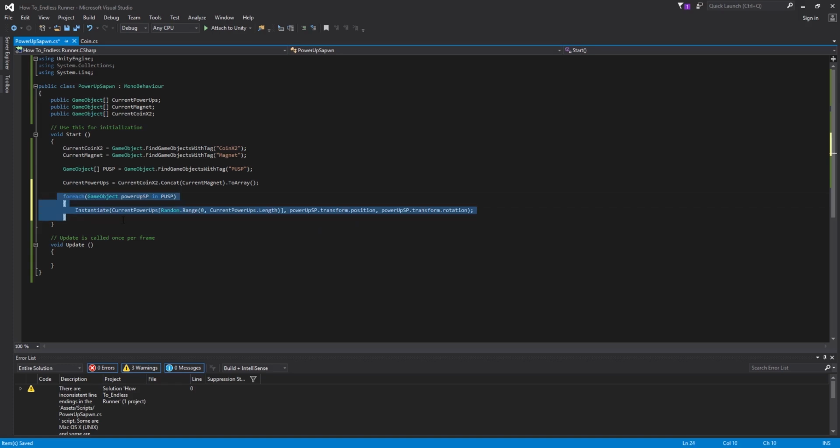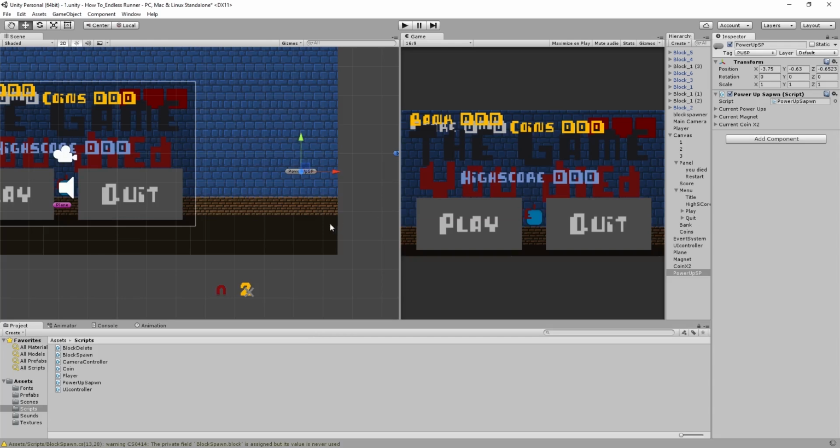So obviously this is going to have to happen in the update if we want to have multiple spawn points throughout our game. But in this episode, like I said, we're only going to do it at the start. So we only need to have this happen in the start function because there's only going to be one spot they can spawn, and that'll be at the very start of the level. So if we just save this and come back into our game,